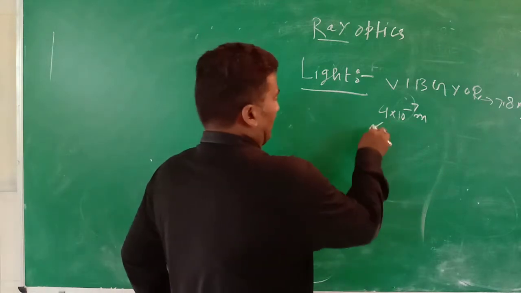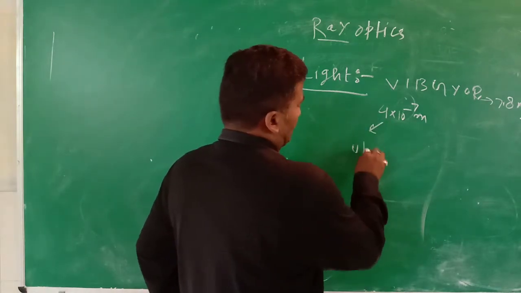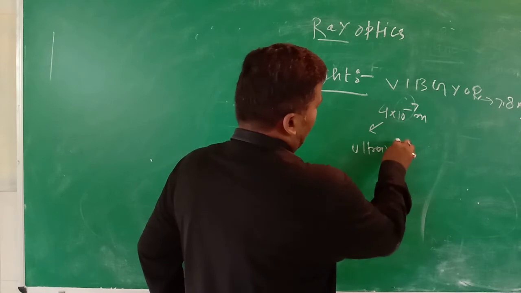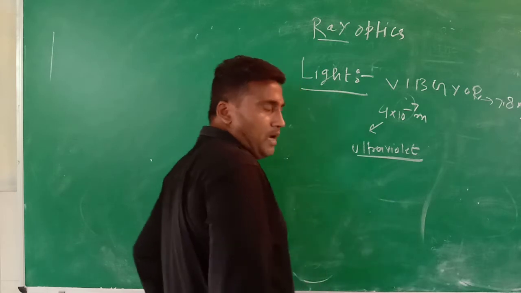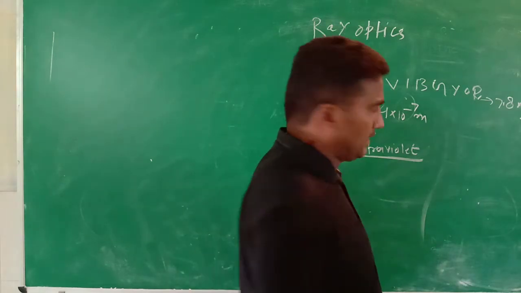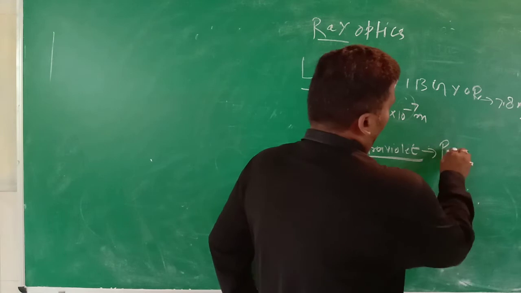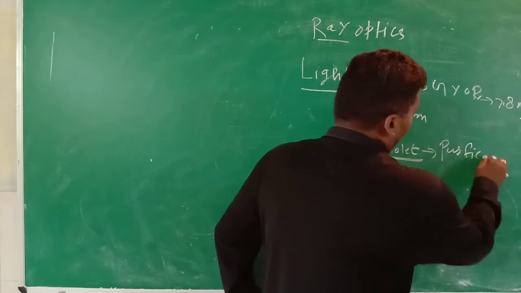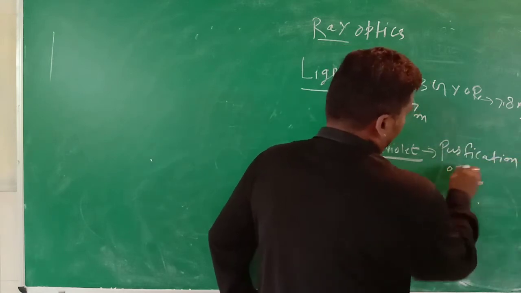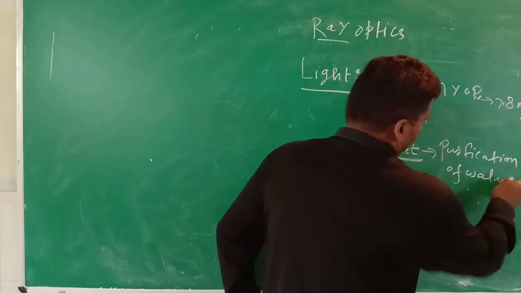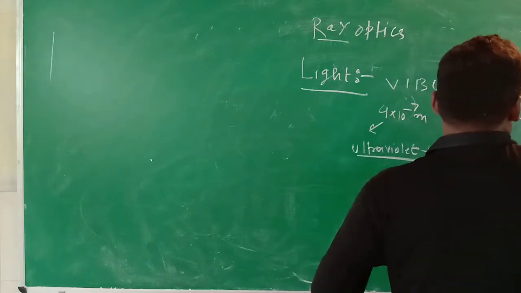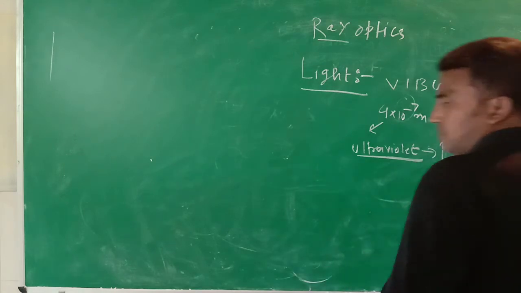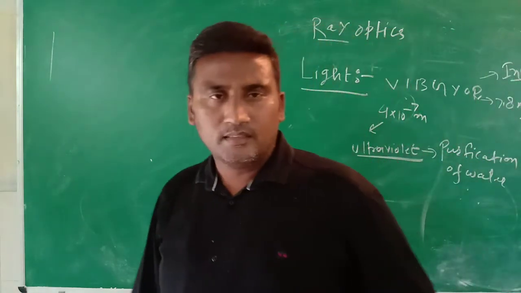Before the violet color is known as ultraviolet, and it is very harmful for our skin and can cause cancer, but it is also useful for the purification of water. After the red is known as the infrared, and it is generally useful for the remote and for killing of rats.